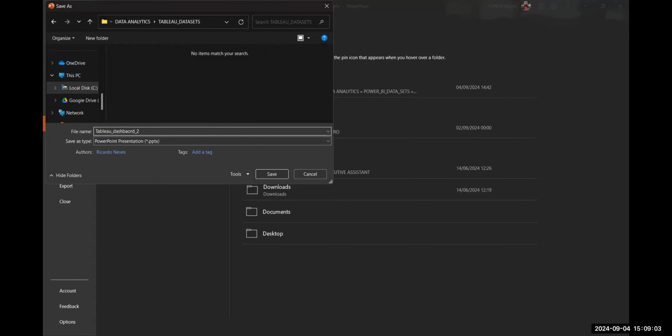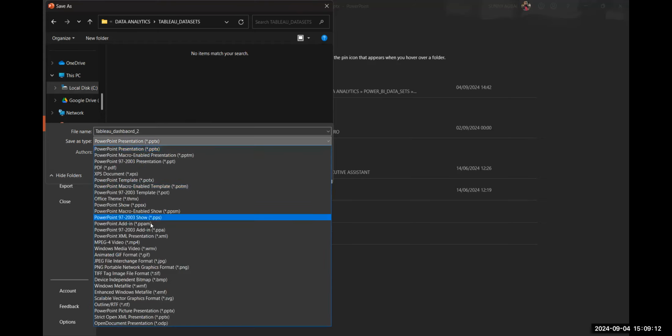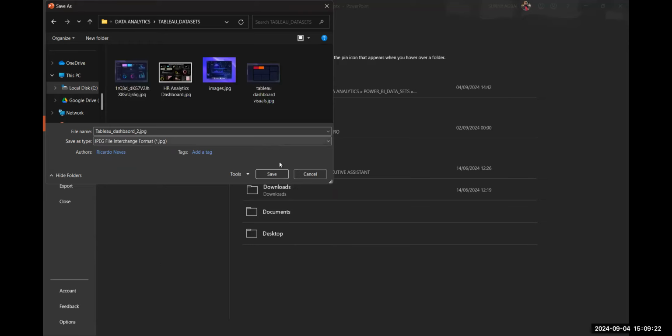2, right? Now, this place you're seeing PowerPoint presentation. We're not going to save it as a PowerPoint presentation. We'll click on this drop down. You will see JPEG file interchange format. That's JPG. You click on it. Immediately you click on save,